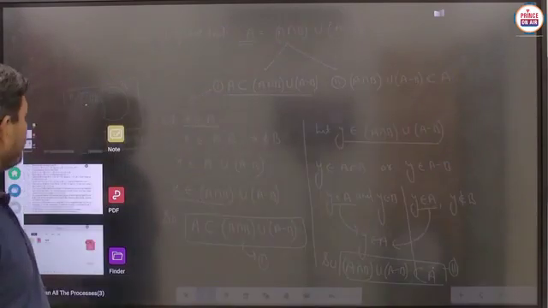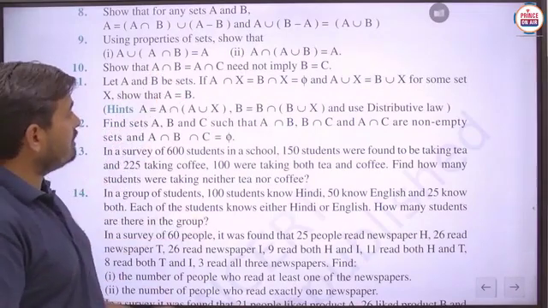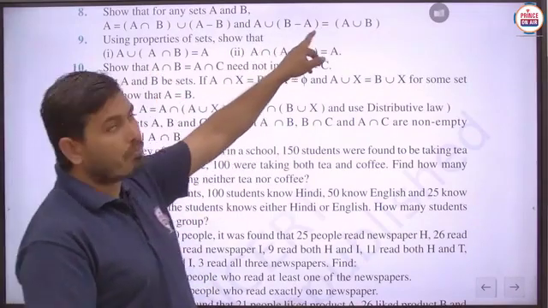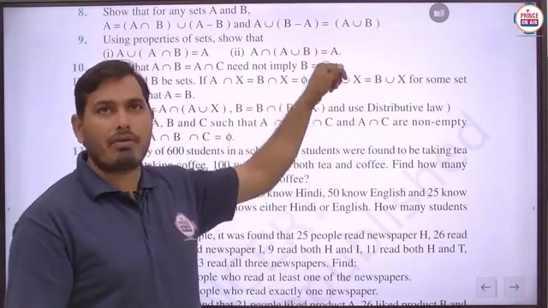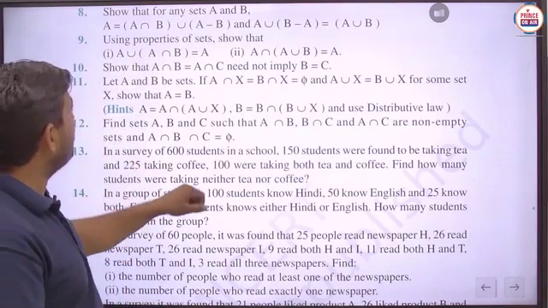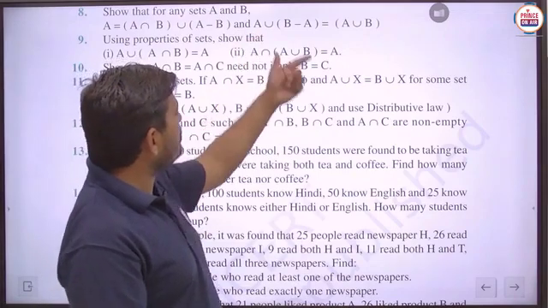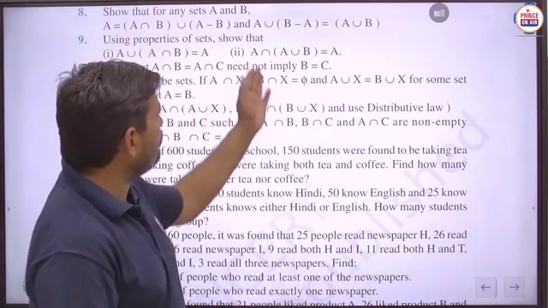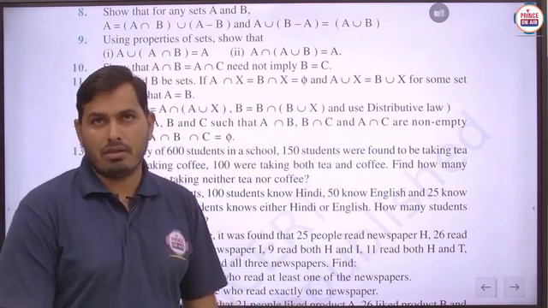In this question number 9, student, first of all again, and similarly we have to also prove the second part of it. Is it to be clear? So first of all we will discuss this part, then after we will take the next question 9. So basically in this question number 8 second part, what we have to prove? We have to prove that A union B minus A is equal to A union B. Is it to be clear?